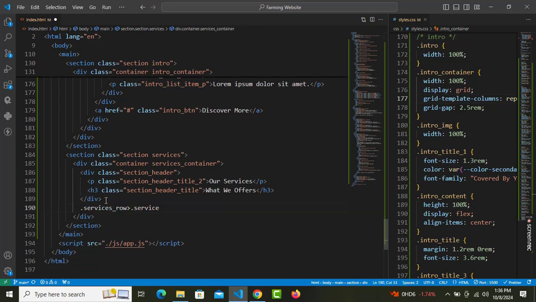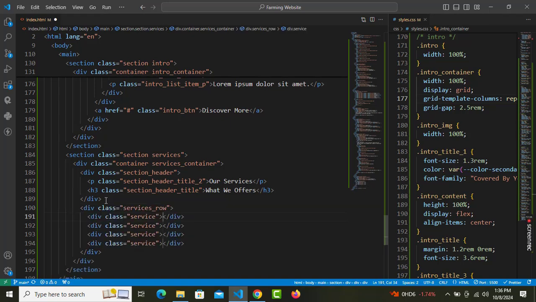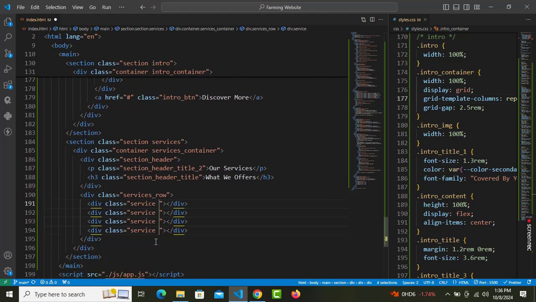and we need 4 of them, and another class, so dot service underscore 1 just for those background images, service 3, service 4, and inside each we need